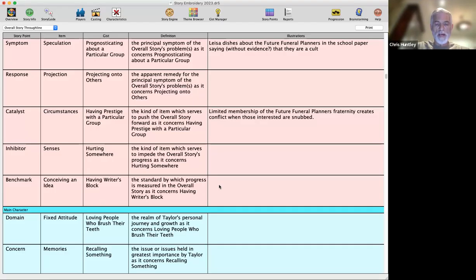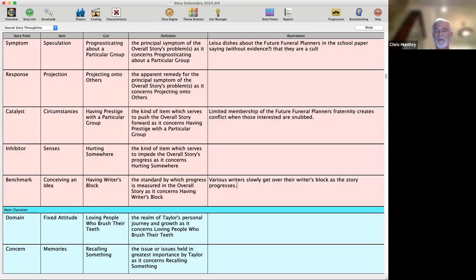So I would say, in this case, let's say various writers slowly get over their writer's block as the story progresses. And that way it would be the sci-fi writer wasn't able to write something, and you've got Taylor, who's the main character. Maybe he wants to come up with something, but he can't. And you might have the dentist